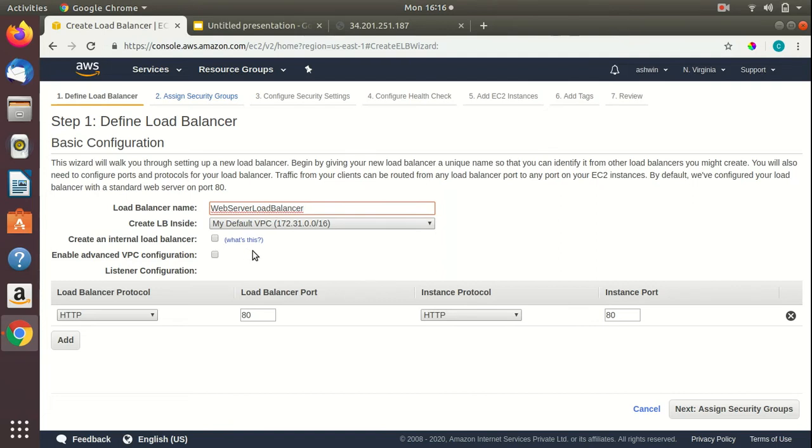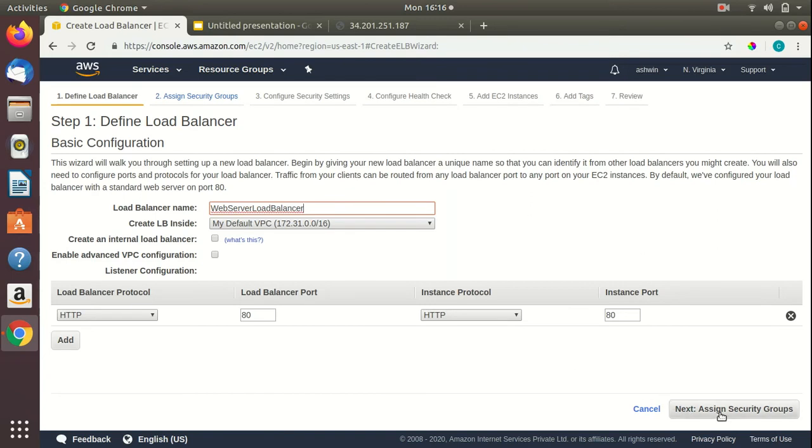This is going to be a public facing load balancer. And next we'll look at the listener configuration rules. These rules are responsible for routing the incoming request to your load balancer. So we have enabled HTTP traffic on port 80 for the load balancer and HTTP traffic on port 80 for the instances.